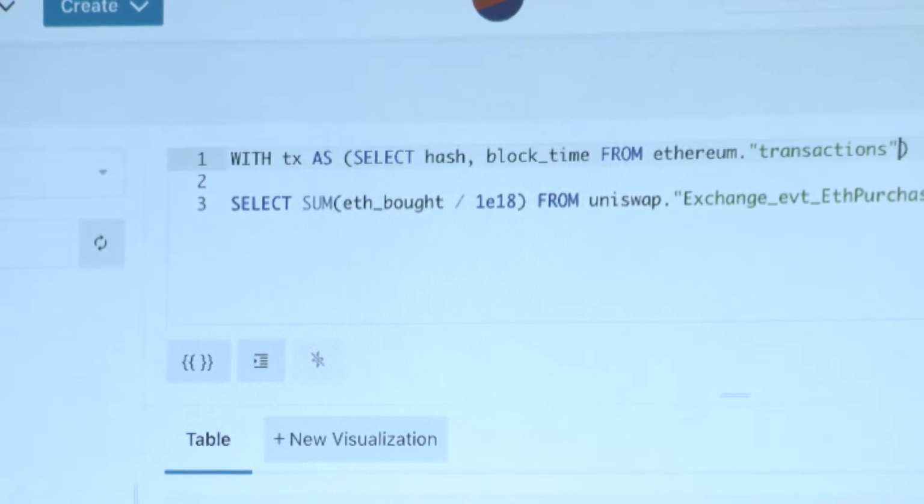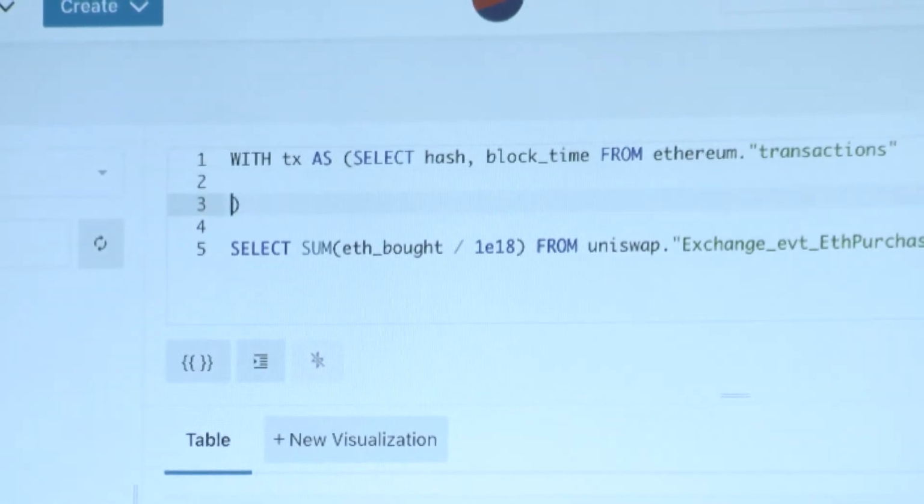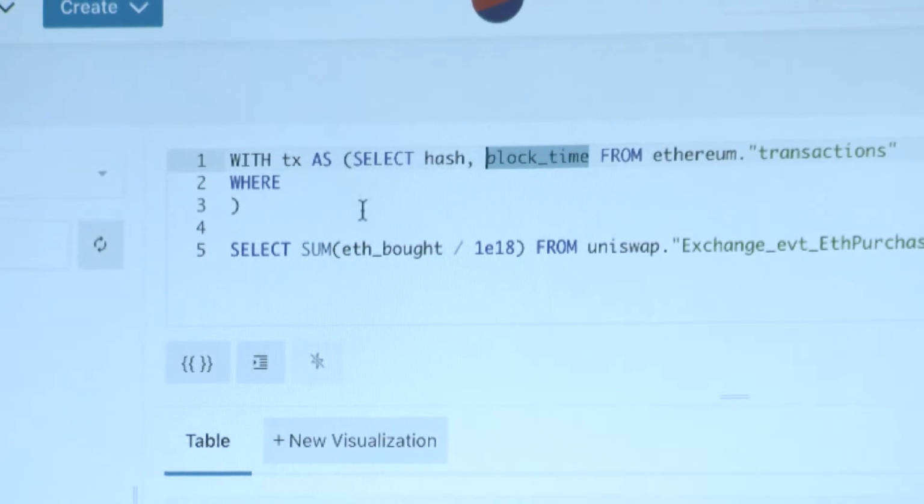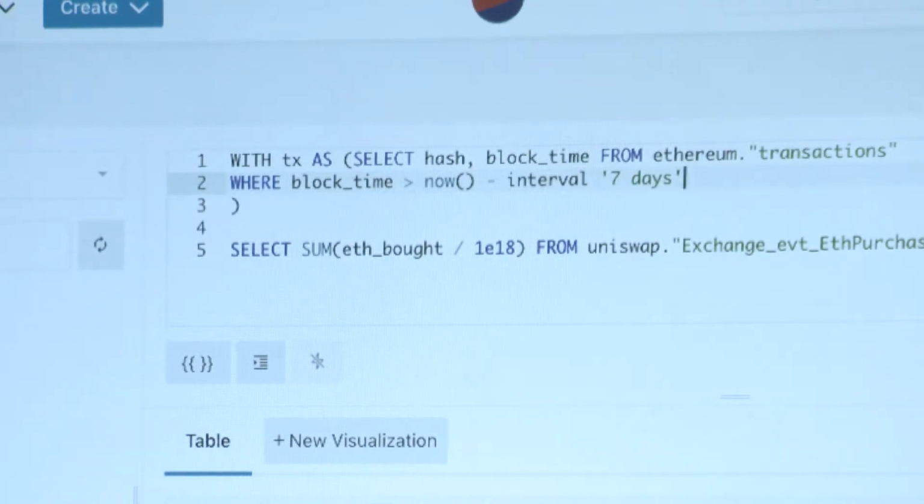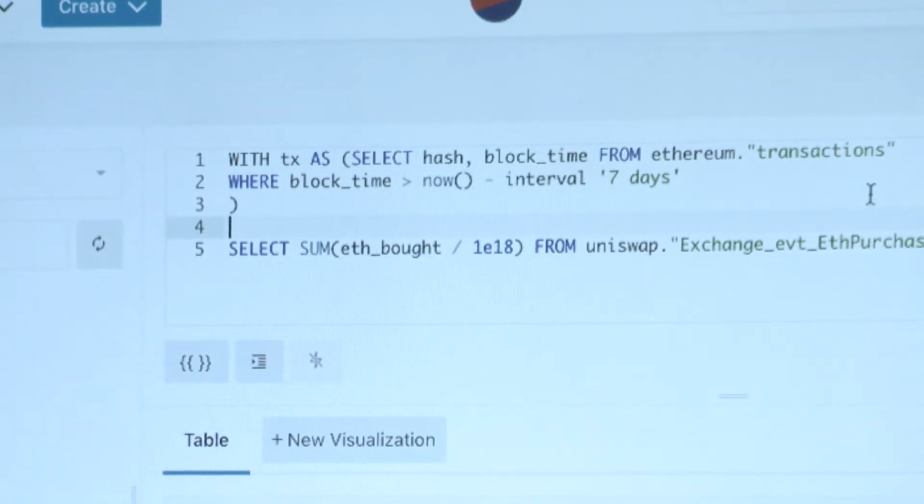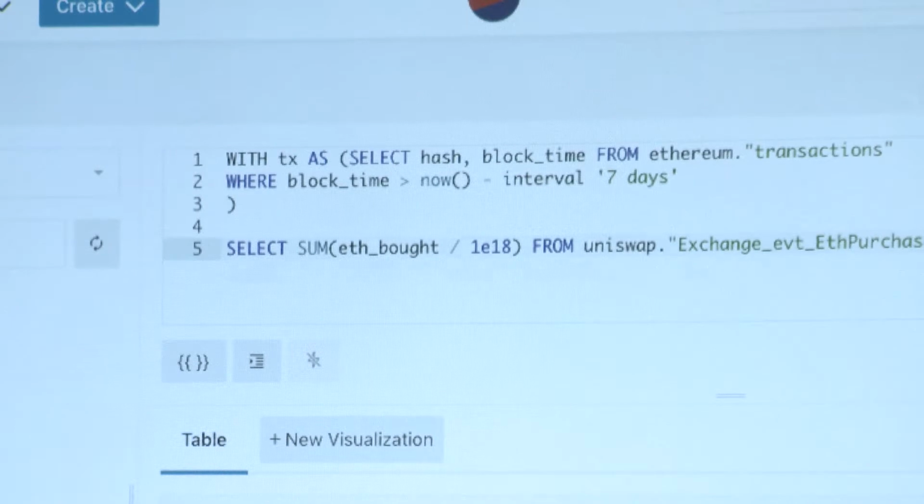And to avoid there being a lot of data here, we want to limit the time. So let's say we call this one transactions, and we say where block time is bigger than the last 7 days. So interval of 7 days. So now we should have the transactions from the last 7 days, and then we join this